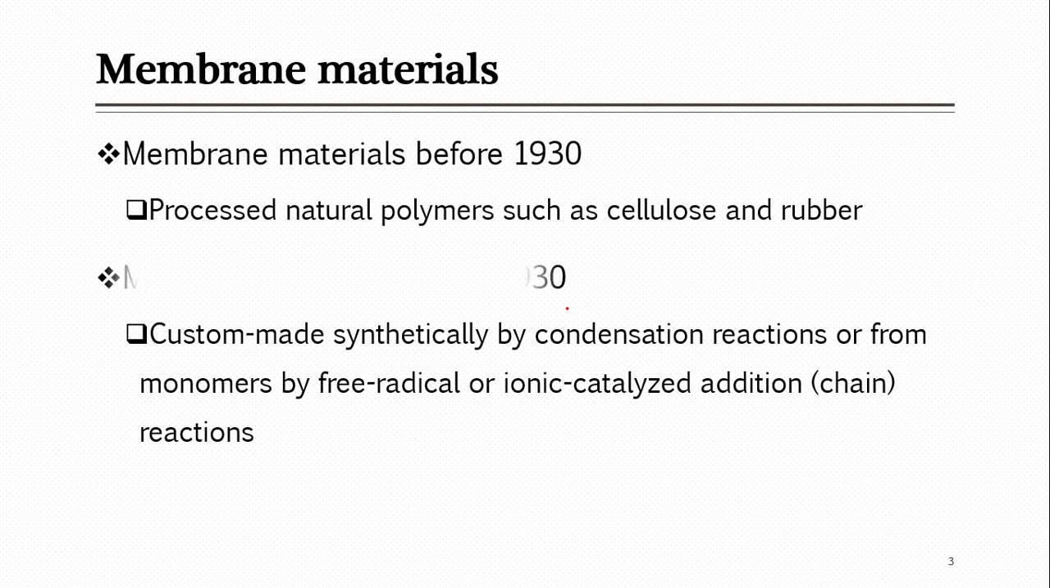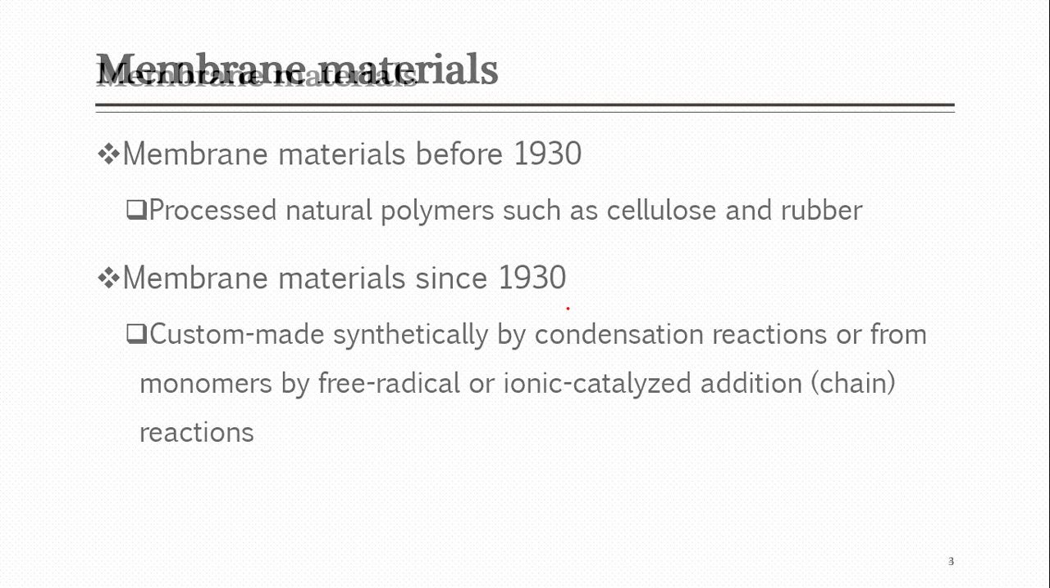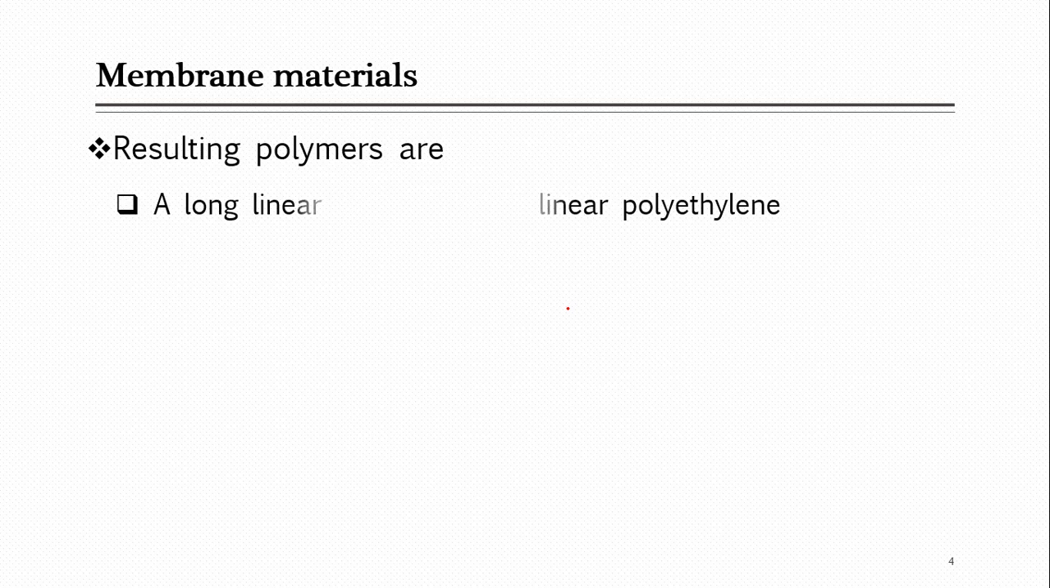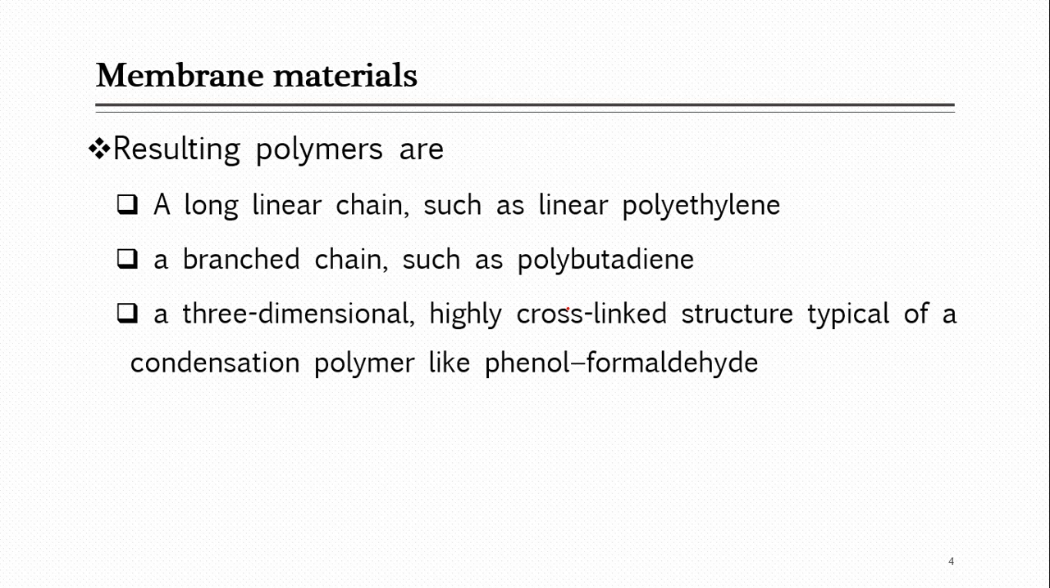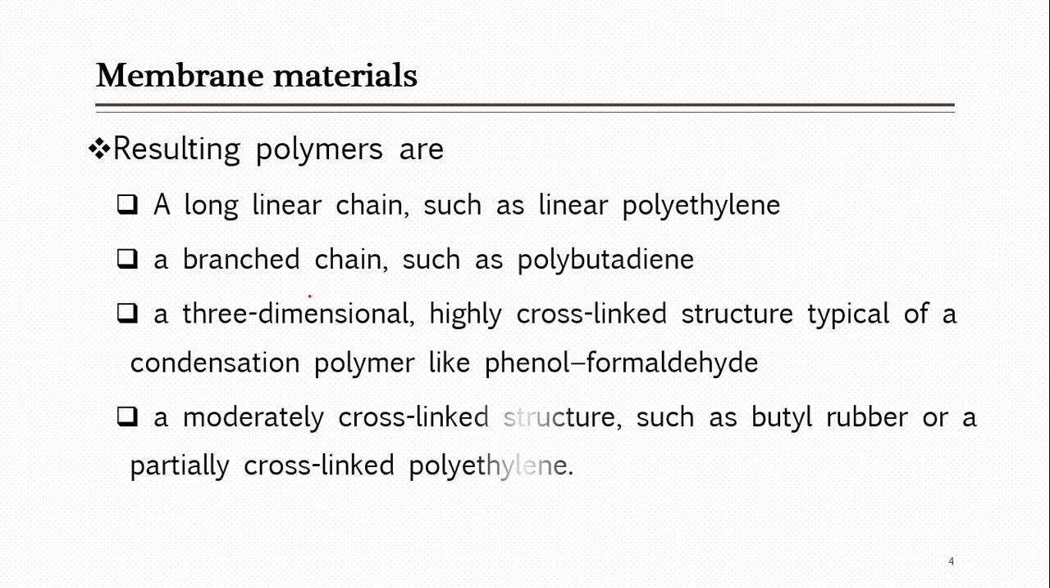As you remember, we said that before 1930 the materials used for membranes were natural polymers, and after 1930, due to the synthesis of various materials in the industries, they are being used for synthesizing various membranes. We discussed that most of the time polymers are used for membrane synthesis. Natural polymers were used, such as cellulose and rubber, and later, with the development of industries, synthetic polymers were used, and there were different types of polymers, like linear, branched, and